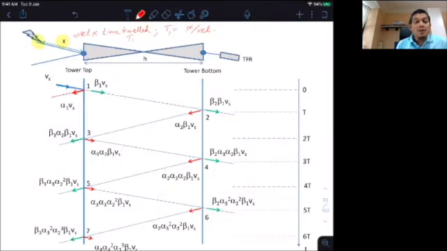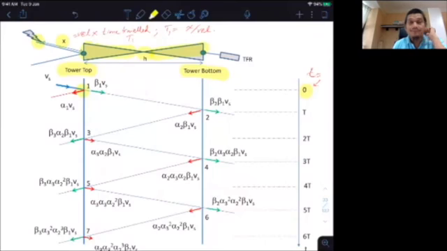Now, when you reach, you start your clock. You can start from zero from the point of strike, but here I start the clock when it reached the tower. So my clock here start at t equal to 0 when the surge represented by Vs or source Vs reach the top of the tower given at the point 1 there. So this is the tower equivalent with a height h. This is the tower top. This is the tower bottom. So it reached the top at time equal to 0,